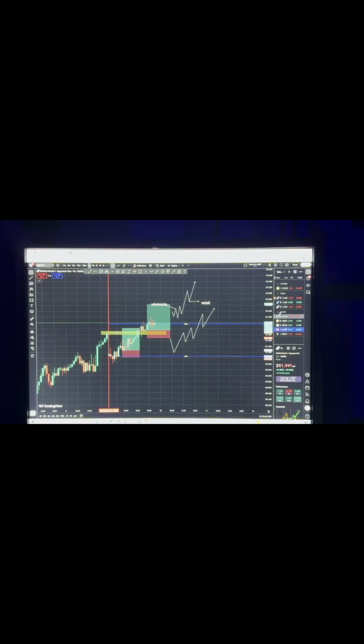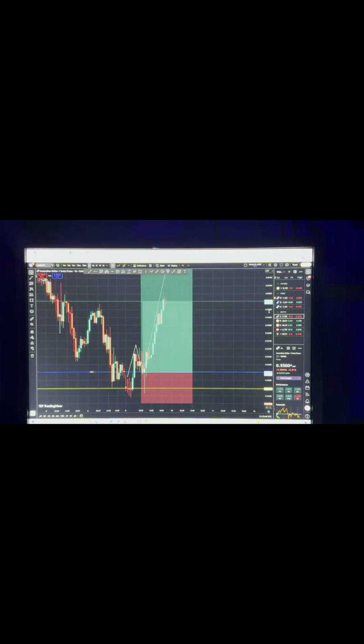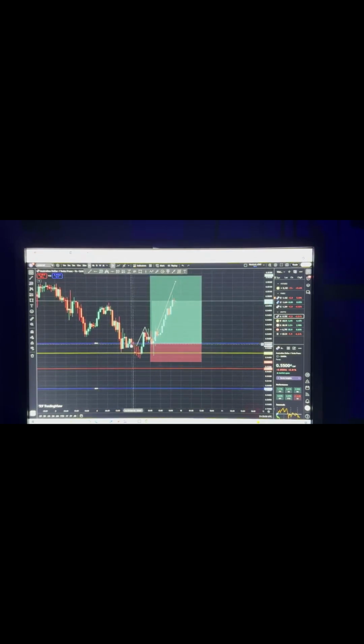Now let me show you guys a setup I took on AUD CHF, guys. This setup I took on AUD CHF was the live example I took via TikTok live. Okay, you see price came back. Once price broke the leg, right, you saw the leg bar, price broke the leg. Once price broke that leg, I was waiting for price to do what,